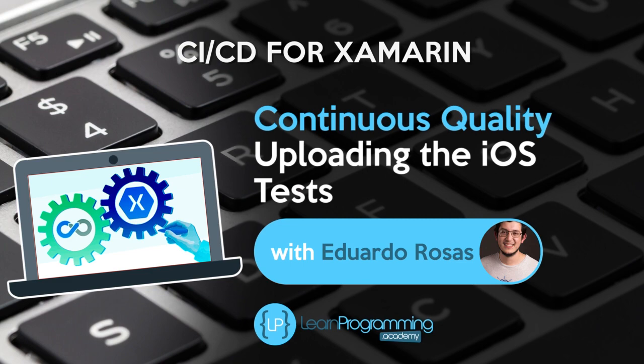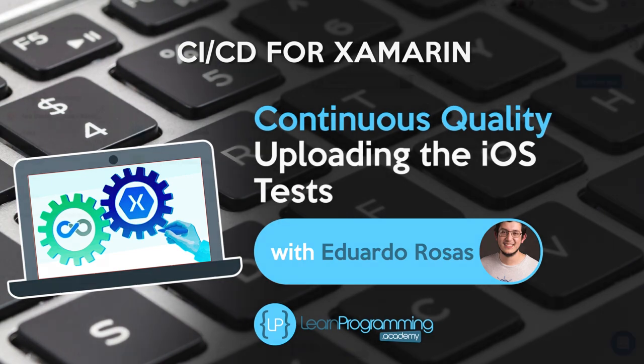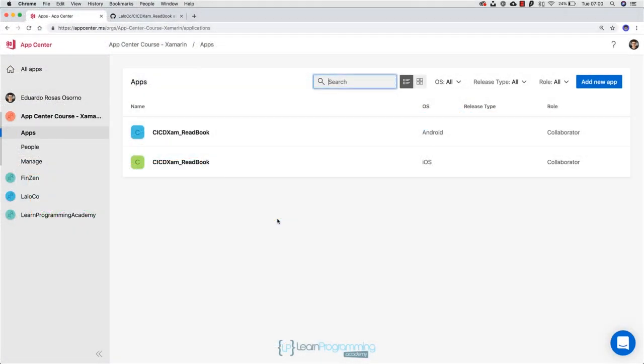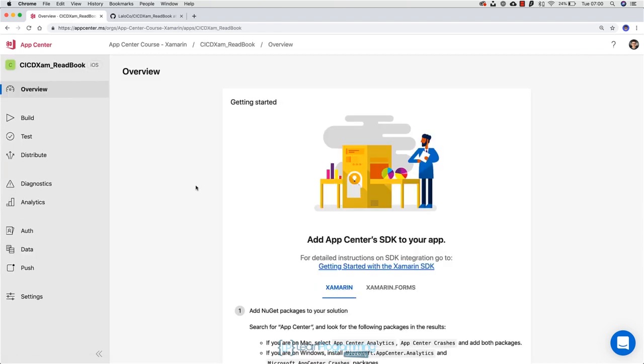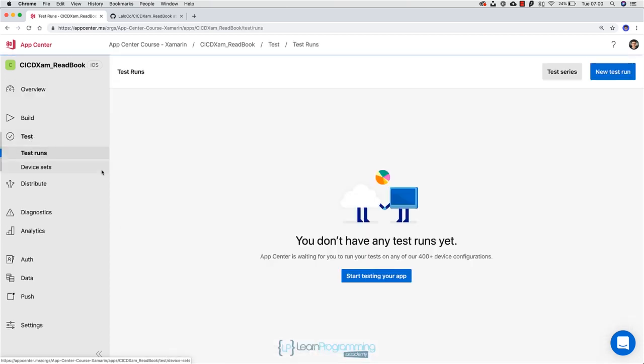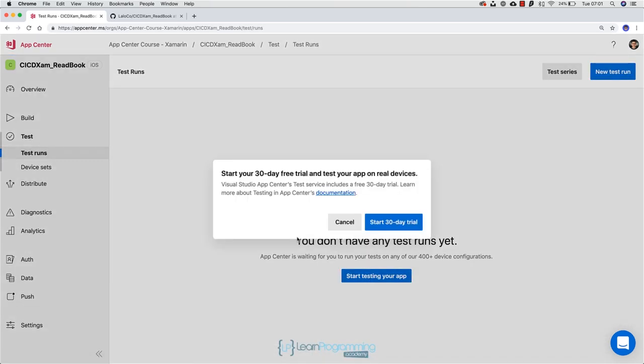In the previous lecture, we already executed a test that included an assertion. So we are now ready to start uploading them to App Center. Of course, the first thing that we will have to do is navigate back to one of our applications and go over to the Test tab. In here, after clicking the Start Testing Your App button, we will be able to start the 30-day free trial